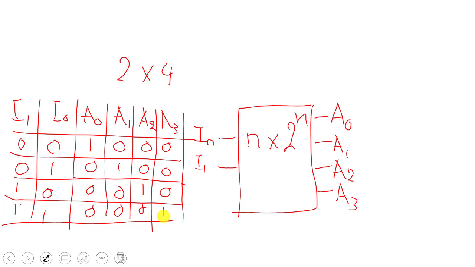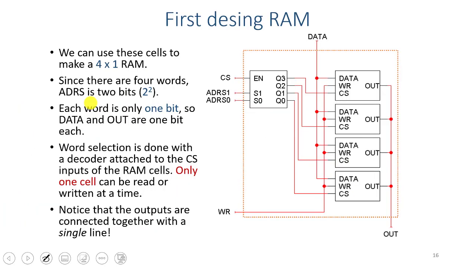So you can see the decoder, only one output, these are our outputs, is active at any time depending on the inputs. Let's go back over here. So if I put on the address 0 0, I'm going to select Q0. If it's 0 1, I'm going to select Q1, and so on. Next step,